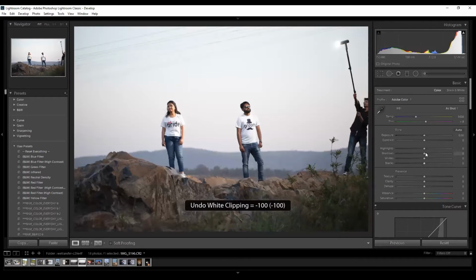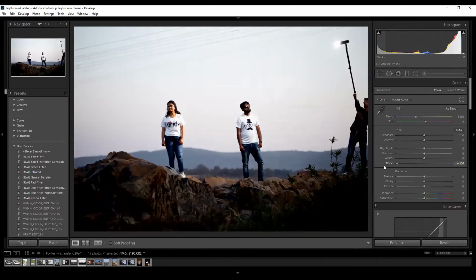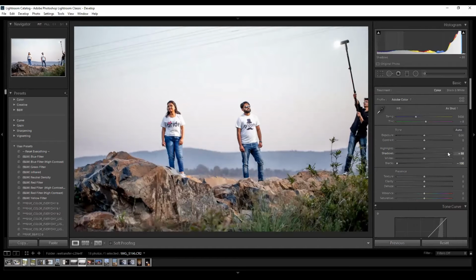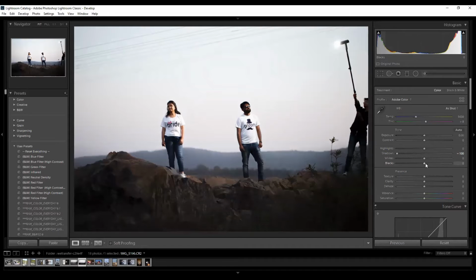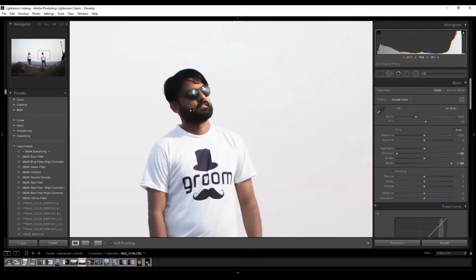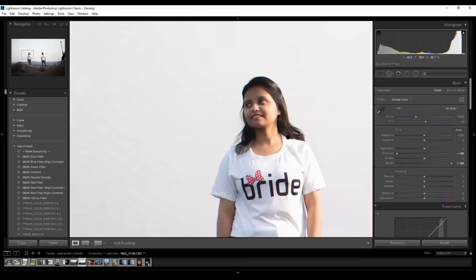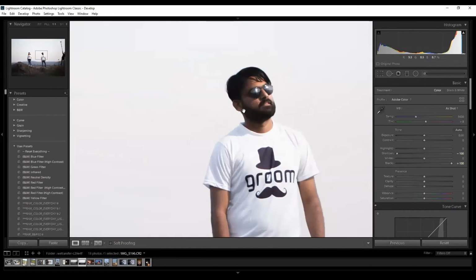Same goes with the blacks. See, if I try to pull the blacks of the image, it will try to fade out the image. Now, if I neutralize my blacks and then try to pull out the shadows, it will only enhance the shadows without affecting my color. But if I neutralize the shadows and try to bring out the blacks, it will flatten off. It will keep the shadow clippings around. Can you see here? Can you see this? In the beards, the shadows are maintained.